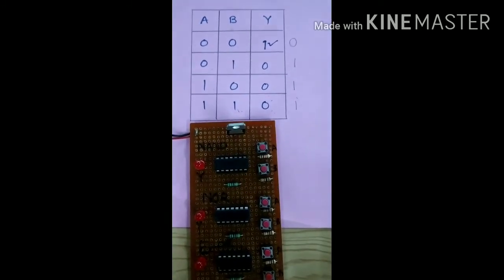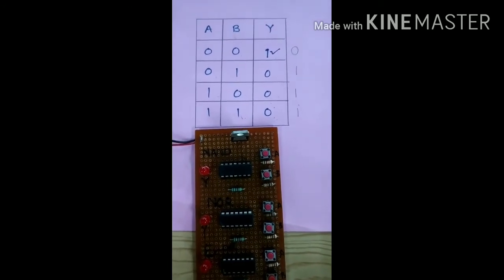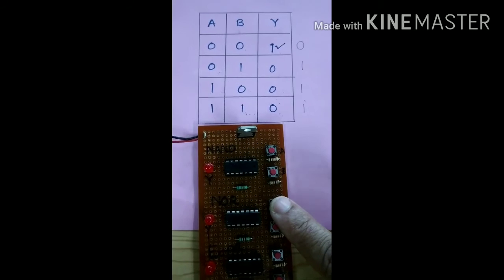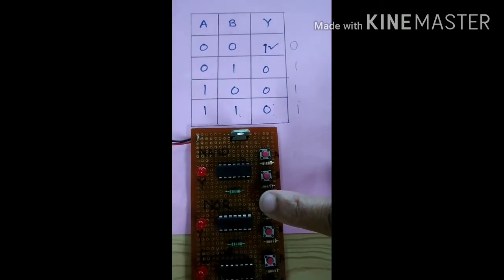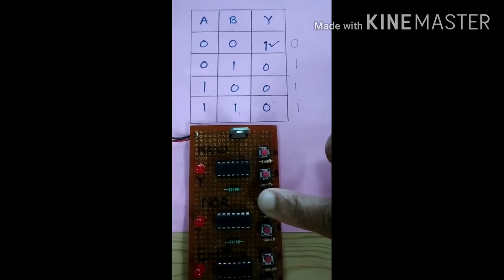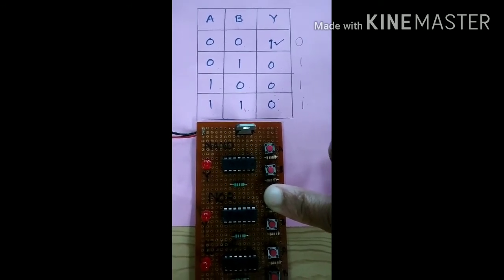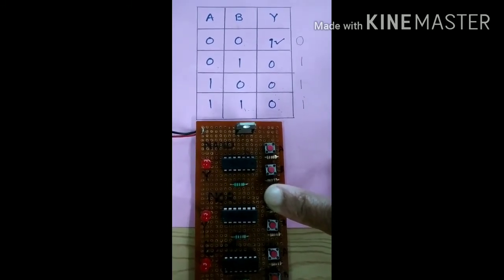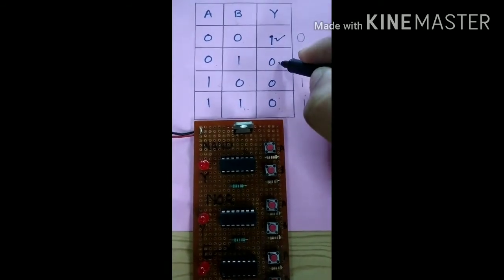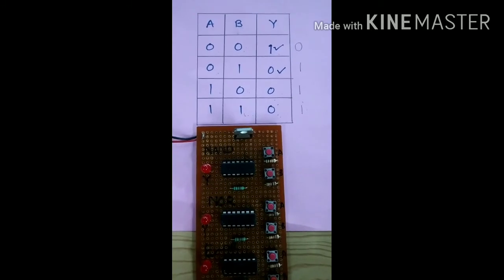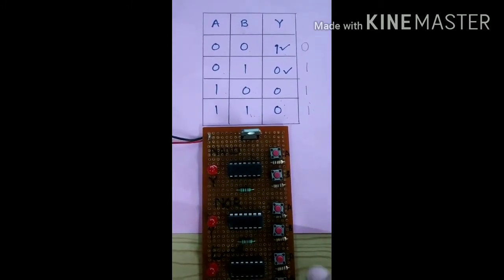Now second condition is A is 0 and B is 1. So to make A 0, I have to press A. So when I am pressing A and B is 1, output is 0 as LED is off. So second condition is also verified. Now third condition, A is 1 and B is 0.